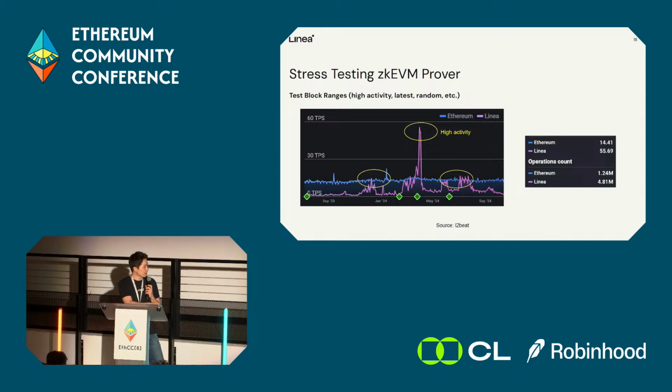So in this case, you can just focus on very specific areas like this area, and then they will have very large trace size and a lot of operations there, and very dynamic user activities there. So that's what we found. And when we tested, actually, we run 3 types of testing. So one is just random access, and the other one is we run over the latest, the real time right now, the live transactions, and also on these historical transactions with very high activities.